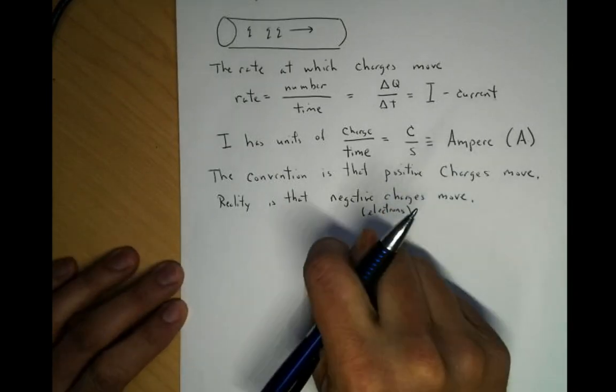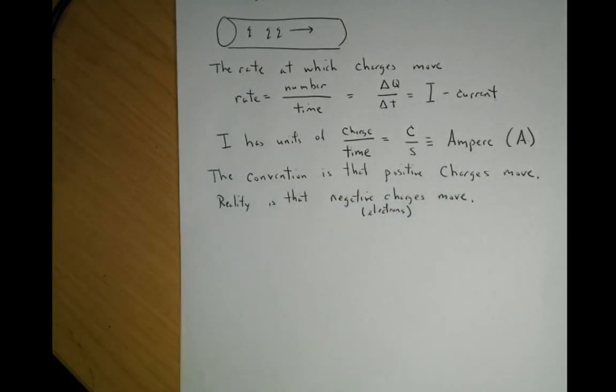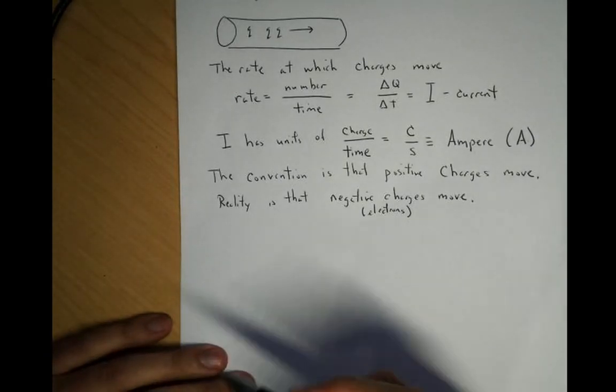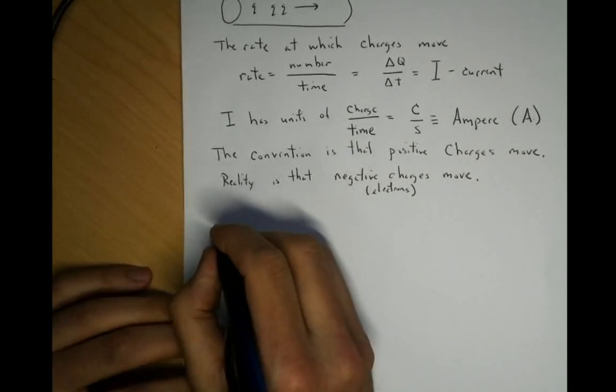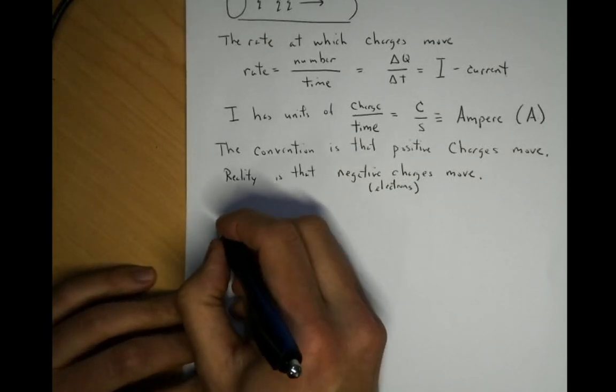The reason for this convention is that when electricity was first discovered, you could have either positive charges moving or negative charges moving, and they decided to just choose positive charges to be the ones that are moving. Operationally, it makes no difference whether it's negative or positive charges that are moving. People just made a guess, and unfortunately they guessed wrong. It's fine though; it works out exactly the same. So as this current flows,